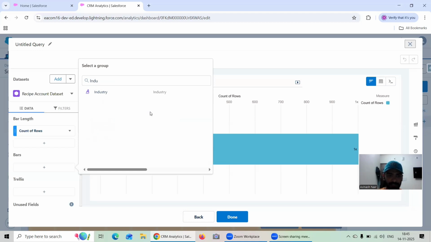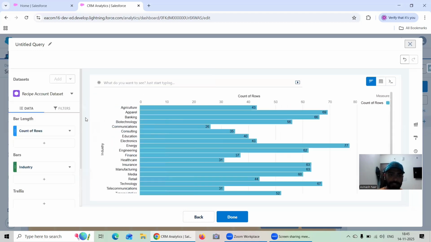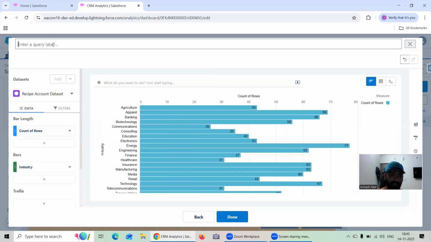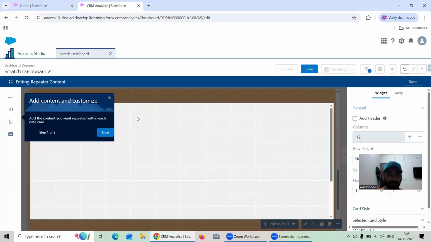Let's say I bring the industry itself. I'm bringing the industry itself, and that is completely fine. I can just write something like repeater for industry. Good. Making it very simple, I'm just going for count of rows. Fine. Clicking on done. Now, when I click on done, if you see,